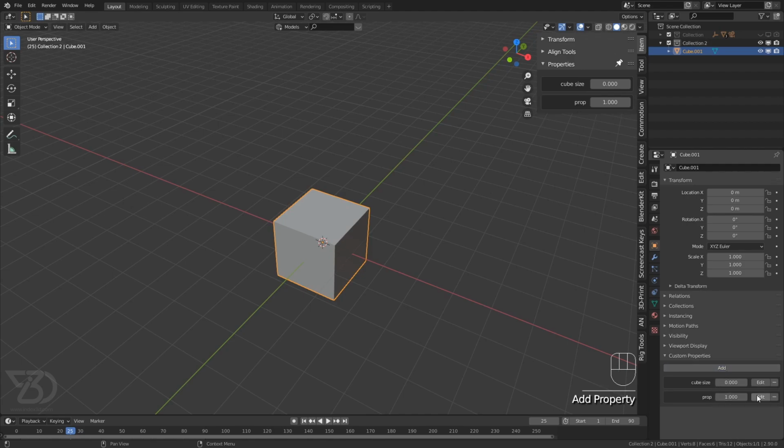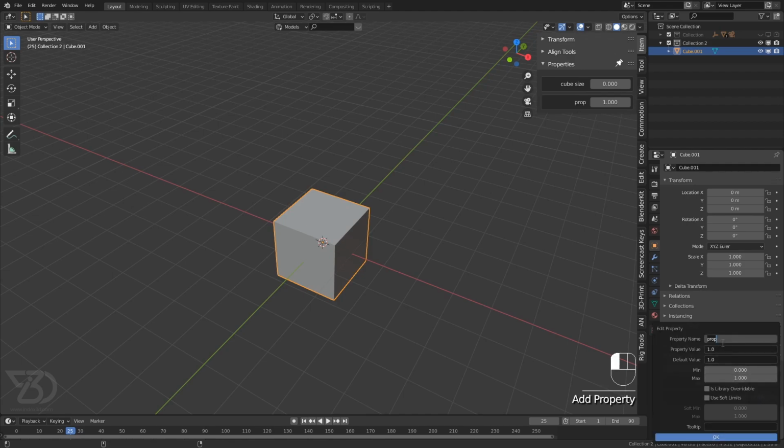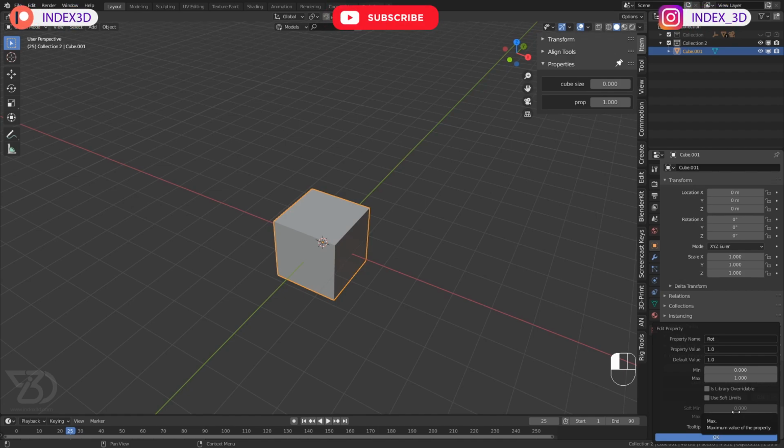So let's add another type of custom property, which is rotation value. So if we see now, rot. You can name it whatever you like, I just named it rot. So if you see, we have nothing to change here to create a custom property in different sorts of data blocks like rotation, color and other stuff. So how we can do that is by inserting a comma over here.